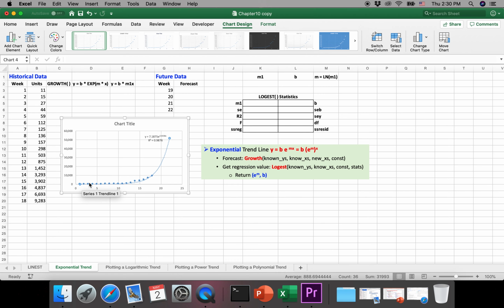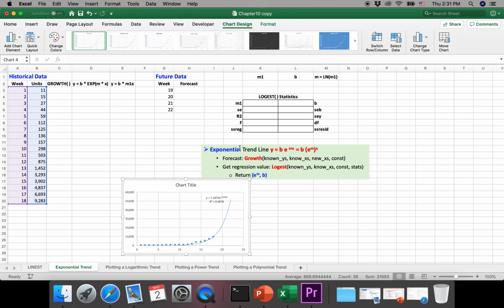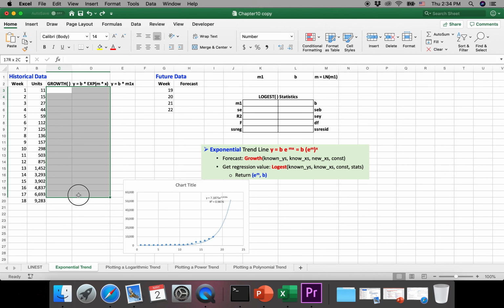Then we can have the trend line. It can also be done with Excel functions. The GROWTH function is similar to the previous TREND function. Here we want to have the trend line value. Choose these cells and enter the formula GROWTH